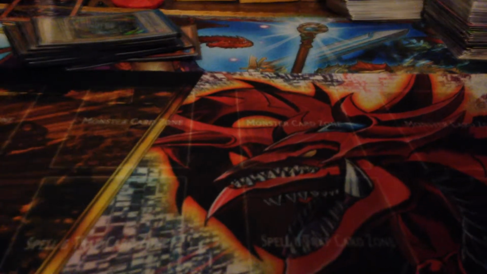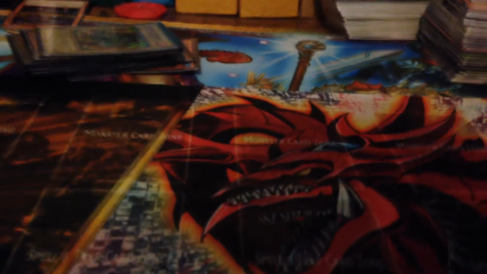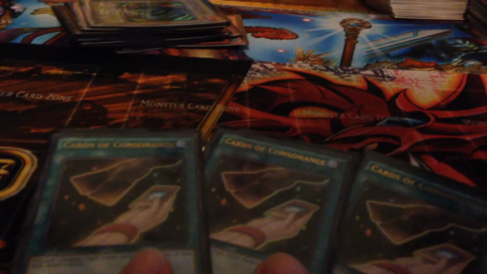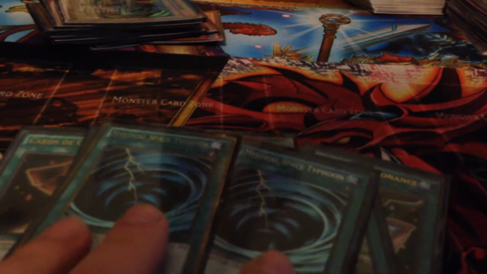And then for the rest of the deck, I don't play any traps in the main. I just play spells. My first one is the First Edition Ultra Burial from a Different Dimension. A play set of ultra rare Cards of Consonance, 2 Dragon Shrine, 1 Gold Sark, double MST,